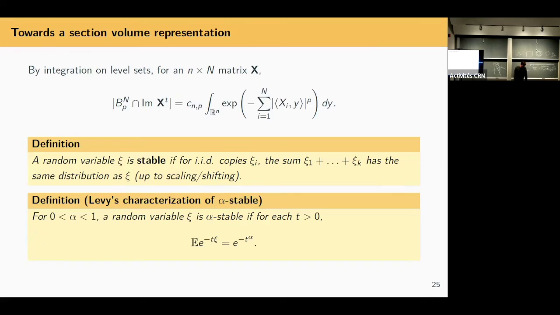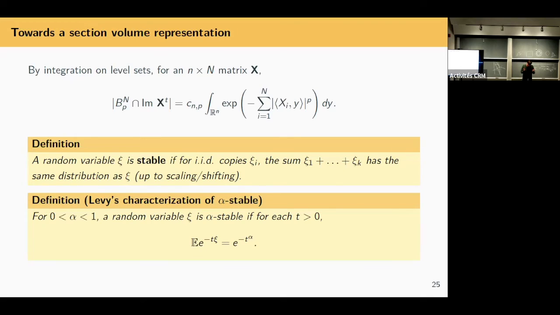Anyone familiar with Gaussian integrals knows that in n dimensions, it comes with a covariance matrix, that's some ellipsoid. The determinant comes out of that computation, but the volume of some ellipsoid is really this exponential integral. You can play the same game, not just with ellipsoids, but with other sets, with polar coordinates with respect to a body. So I can write the volume of a section of LP with this basic formula, just integration on level sets. It's the gauge or the norm function I had defining these LP centroid bodies. And they come with a power P, which is less than 1.